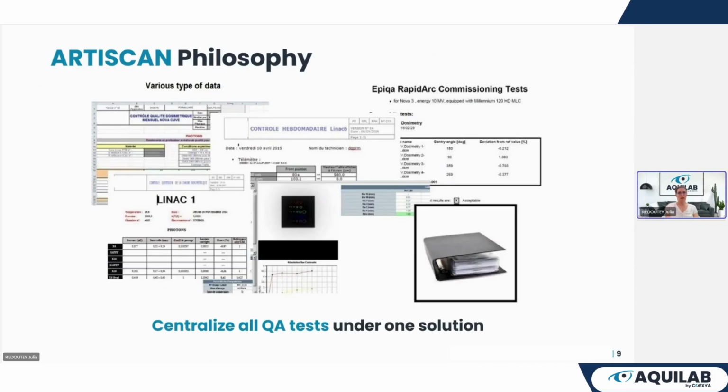So what's ARTISCAN philosophy? ARTISCAN is a full independent machine QA software platform. It is an all-in-one solution to ensure complete inventory of machine QA. It permits to define QA protocols and tolerances for each machine. It provides also independent global traceability, even on the most diverse platform and complex technical facilities.